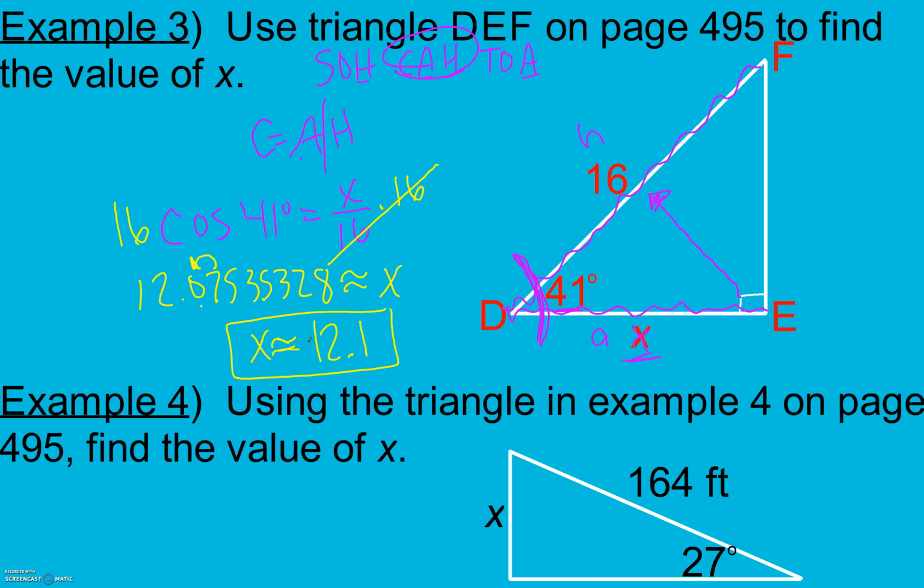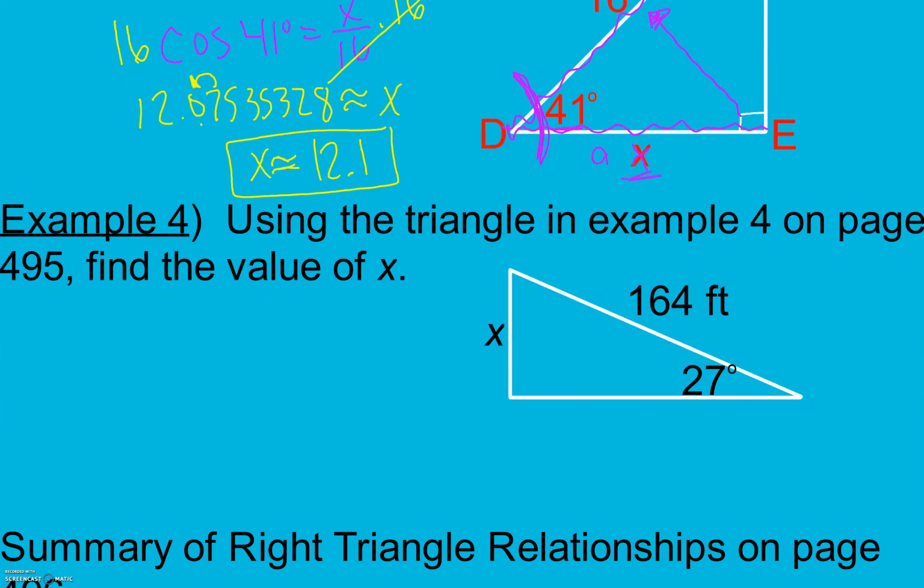Same idea here for example 4. We're going to use the triangle in example 4 on page 495 to find the value of x here. So I have an angle. From this angle, I need to figure out what my sides are. So 164 is my hypotenuse. It's opposite my 90-degree angle. It's my longest side. My x